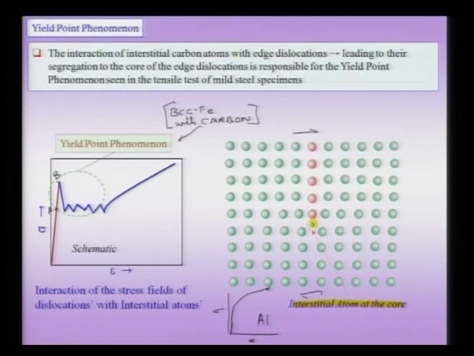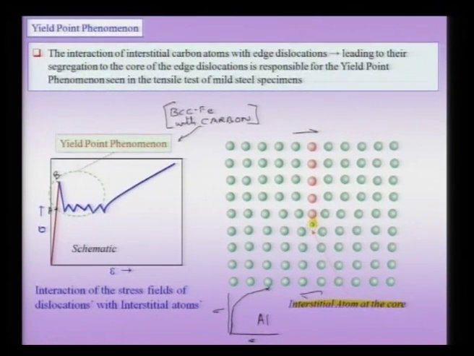So, to summarize this slide, if I were to take a pure iron material and shear it, then typically it will yield at stresses which are somewhere around A. That means the elastic to elastic plus plastic transition would take place at lower stresses. Now, because of the presence of carbon, the carbon is attracted towards the lower half of the edge of this extra half plane. In other words,